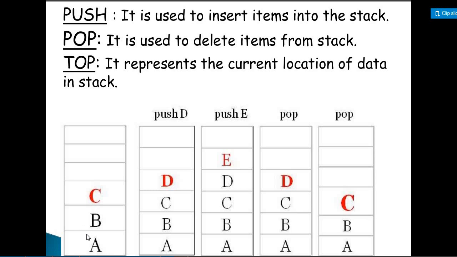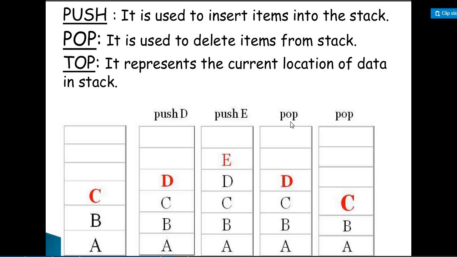So in the first table you can see there are three elements, so the position of the top is equal to 3. For the next table, the position of top will become top plus 1. So here the top is equal to 3, and here top is equal to 3 plus 1, so the fourth position, the top is equal to 4. Here again the top position will become top plus 1, that is 4 plus 1, the fifth position. Now we have to perform the pop operation here.